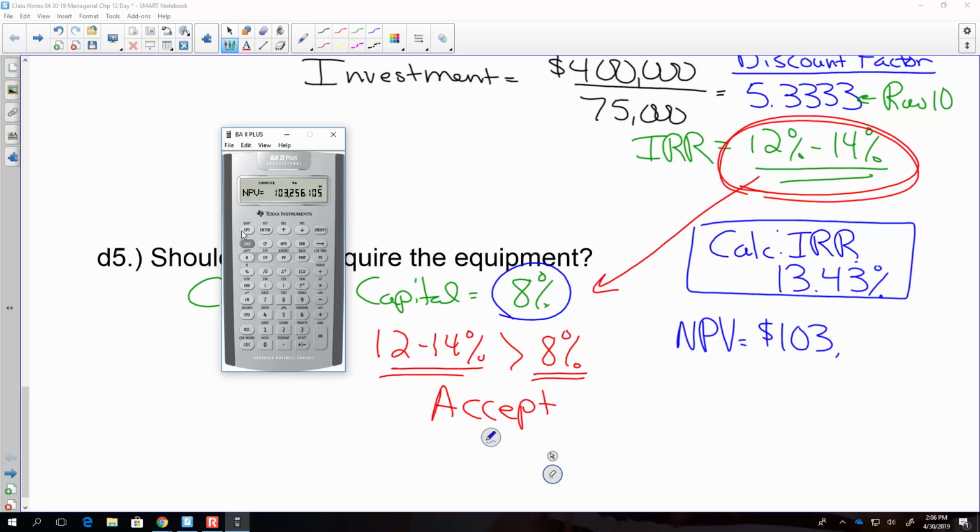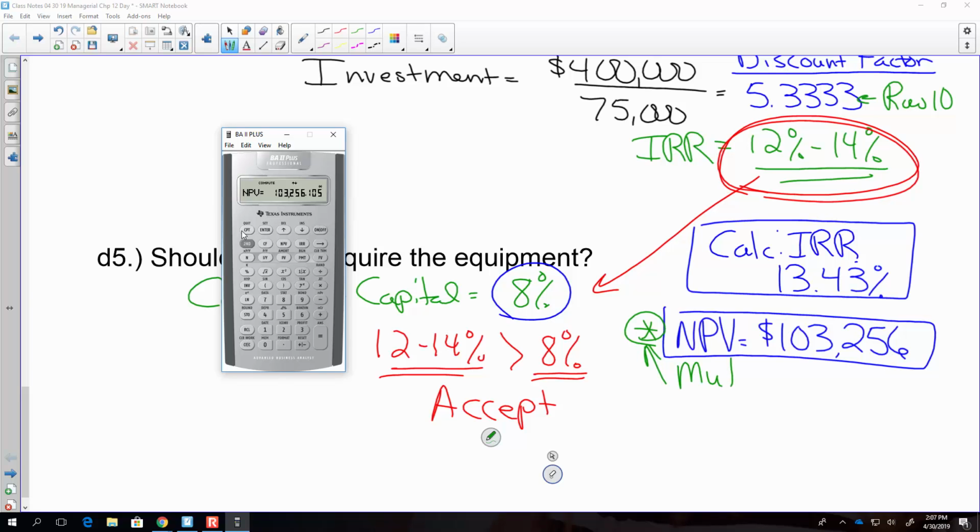So this clearly shows that this project is a very good one, a very profitable one that returns my investment, clearly makes 13% on my investment, plus this $103,000 extra cash flow for my company. It's creating wealth, right? So on the test, which measurement do we use for